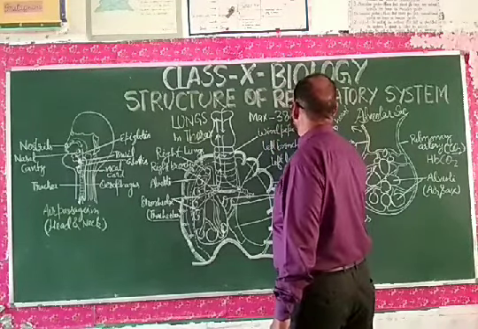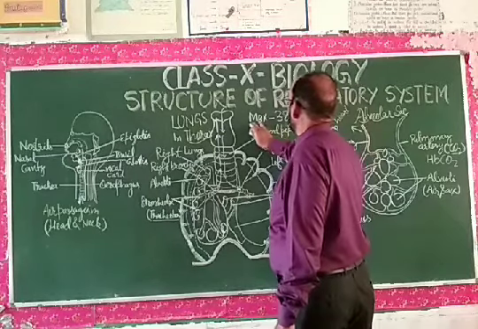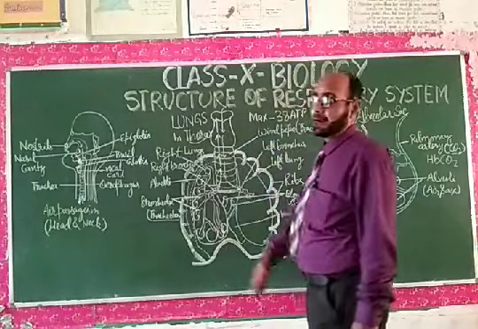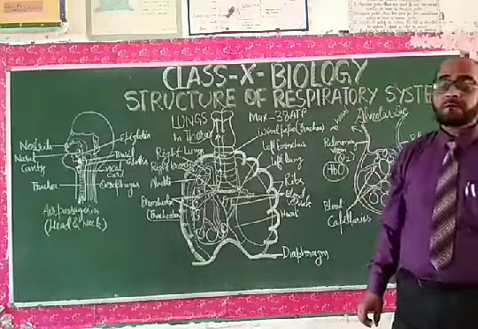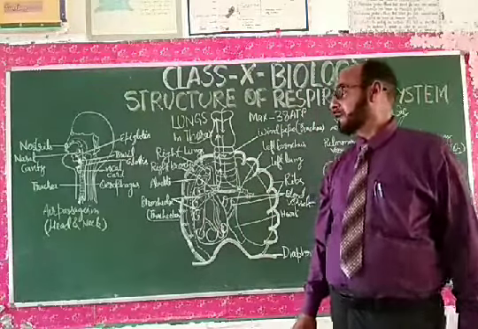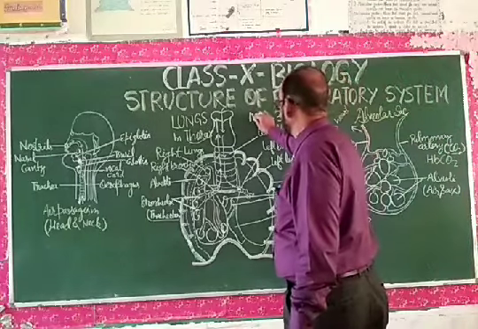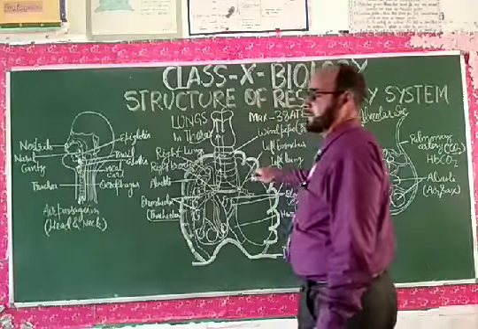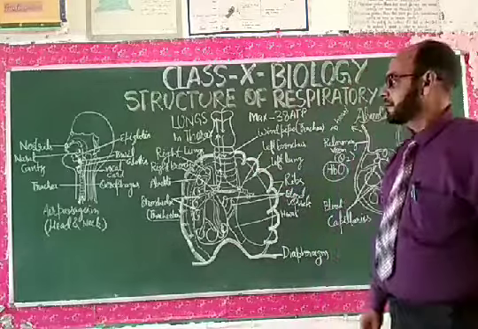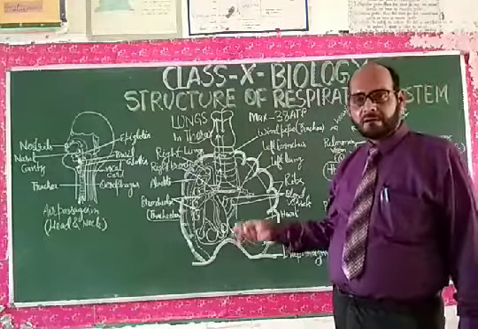So the requirement of maximum energy is fulfilled by the process of aerobic respiration, which requires oxygen. While in anaerobic respiration, if there is no requirement of oxygen, then there will be no requirement of the respiratory